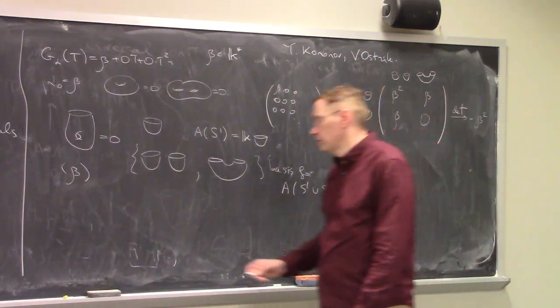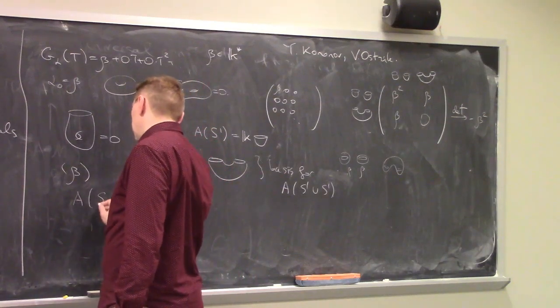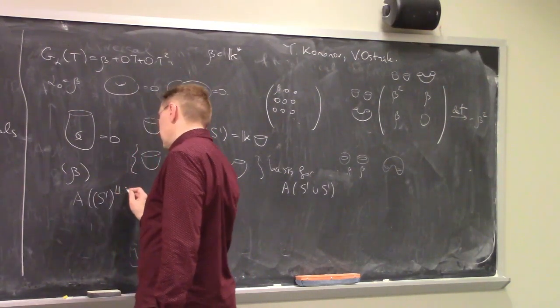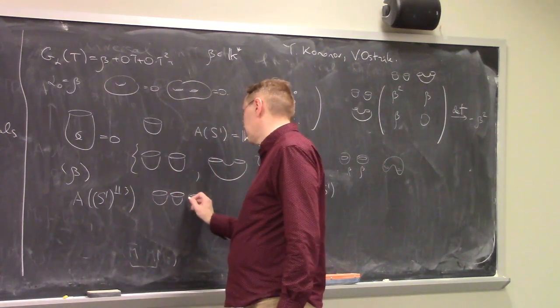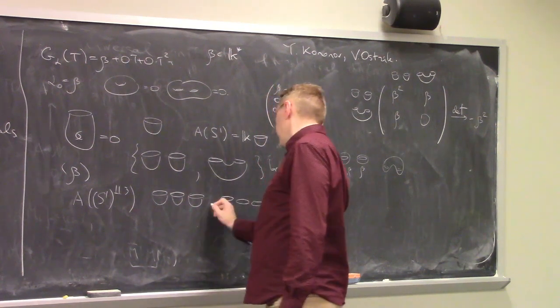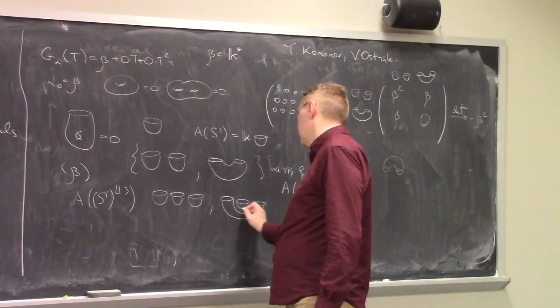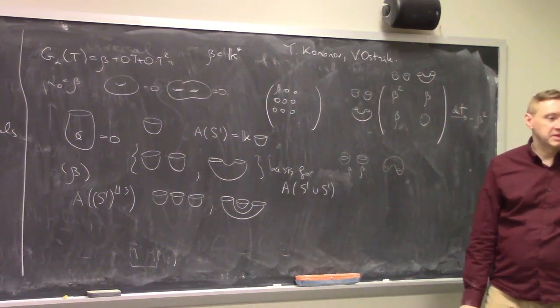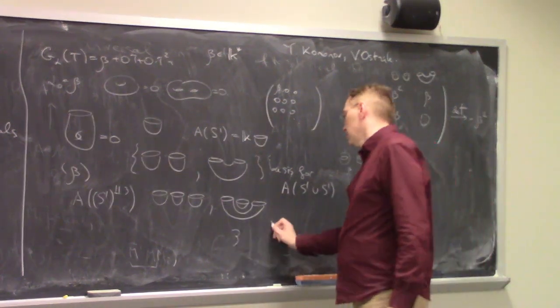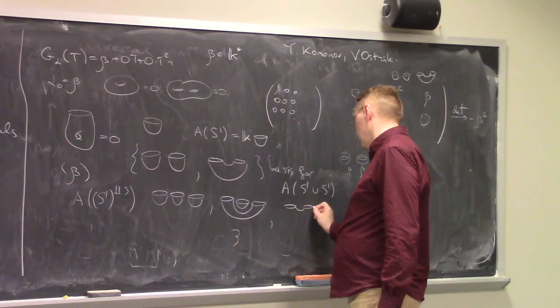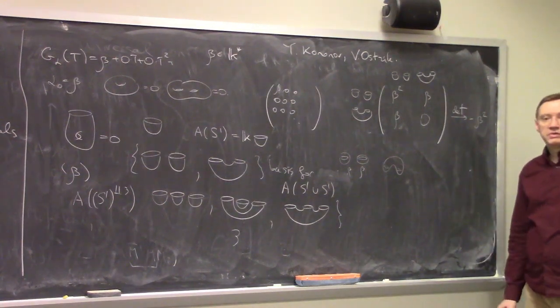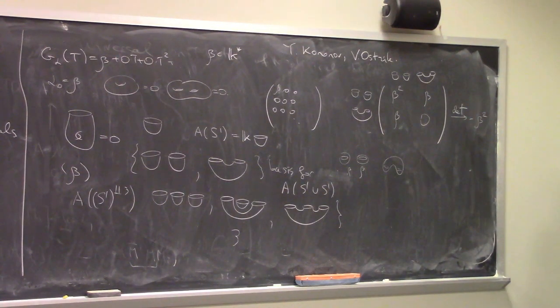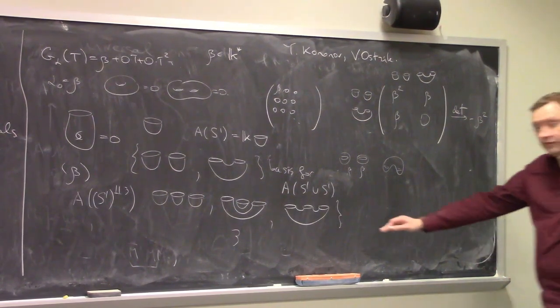Okay, so if you continue, if you look at the state space of three circles, I'll just write S1 union 3 times. In this case, there are 5 possible vectors you can draw. You can draw this vector. You can draw 3 vectors of the form where you connect two circles by a tube and the other one by itself. There are 3 such vectors. And there's also this vector, so there are 5 vectors. You can write a 5 by 5 matrix that's symmetric. You can compute that the determinant is not 0, so that's a basis of the state space for 3 circles,